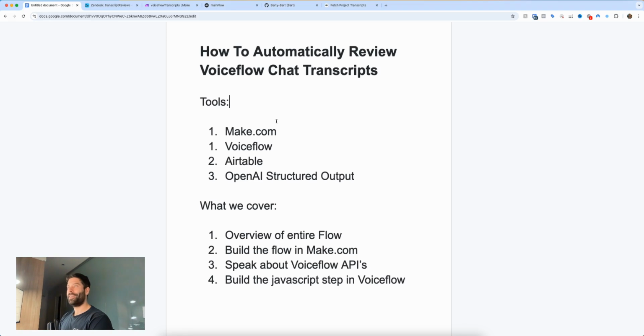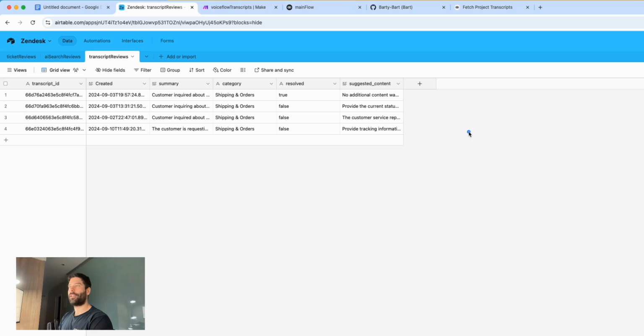Hey legends, in this video I'm going to show you how you can automatically review all of your Voiceflow transcripts, so that you get an Airtable that looks like this, that has the actual transcript ID, so you can go to Voiceflow and find the transcript, has the date that it was created, and then over here we've got